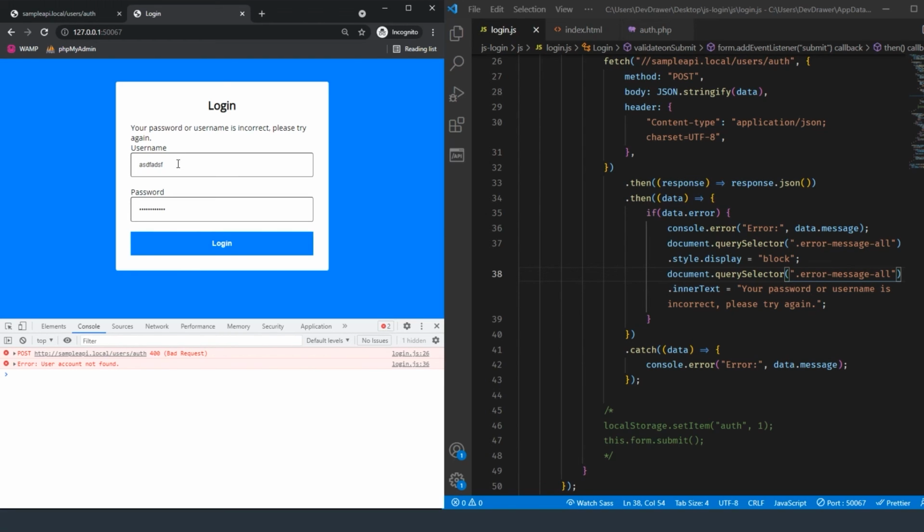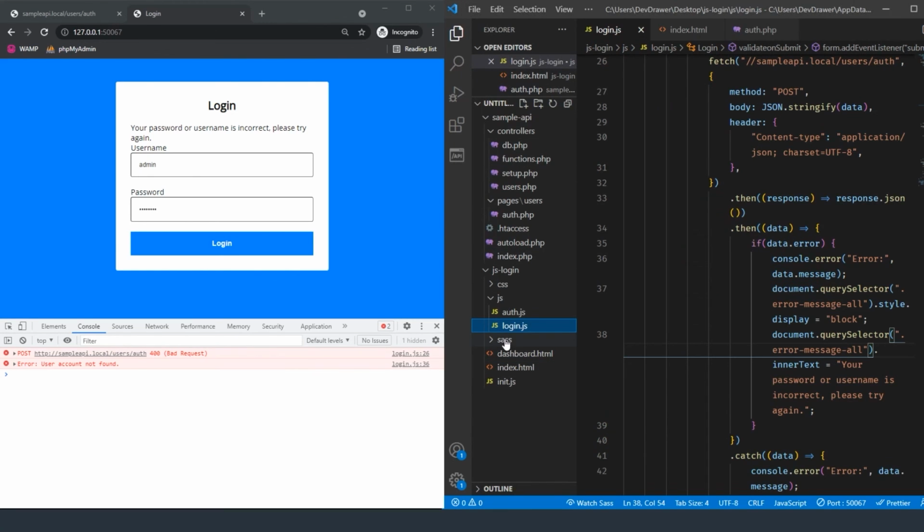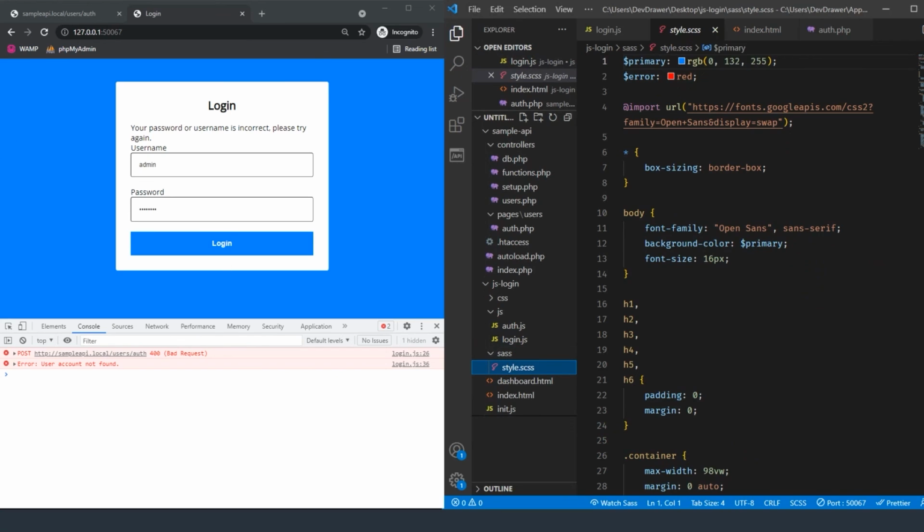So now we're getting that. But if we do type in correctly, so admin password, and nothing happens because we don't currently have it doing anything. But we do know that that part is working. So we have where this error message displays. So let's go into our SASS, and we're going to add a style for this error